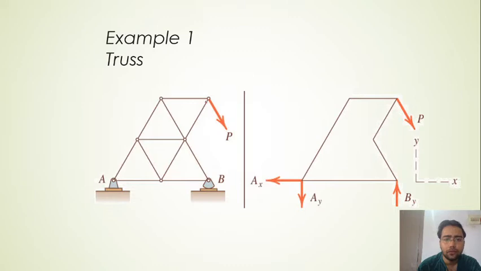In that way we have to isolate the whole of this system from the foundation, because this system is resting on a foundation, right? So we have to separate this upper system from the foundation, and then draw the external boundary as I have drawn here. As you can see, it is the external boundary, and afterwards we are going to draw all the external forces acting over it. What is the first external force acting over it? Force P. That is easily known because it is given in the problem, right? We just make an arrow in the given direction, and that will be your vector P.